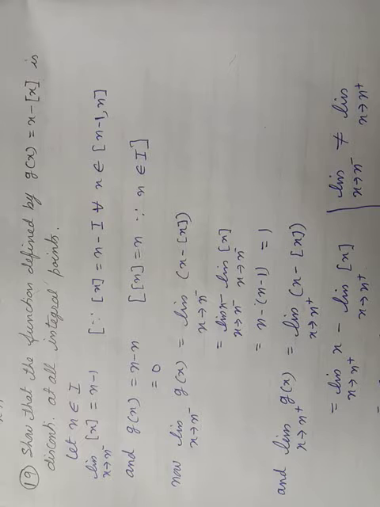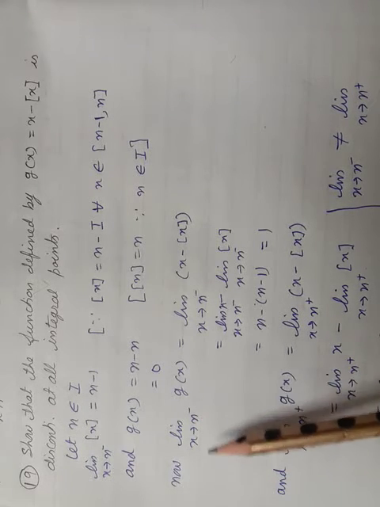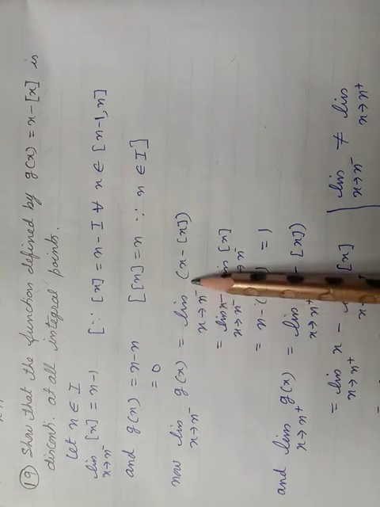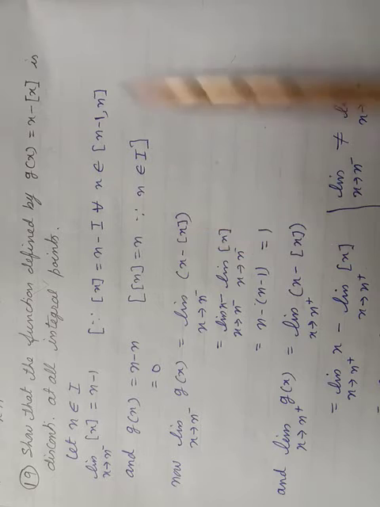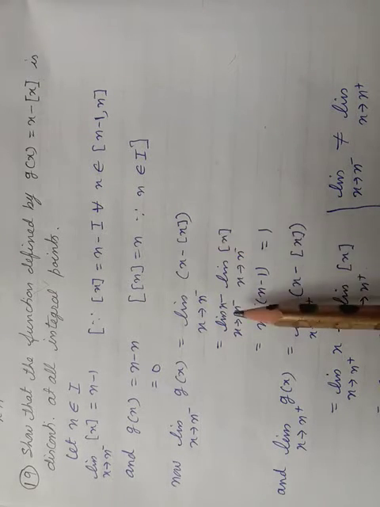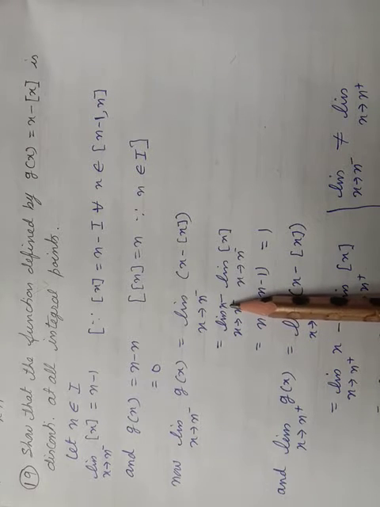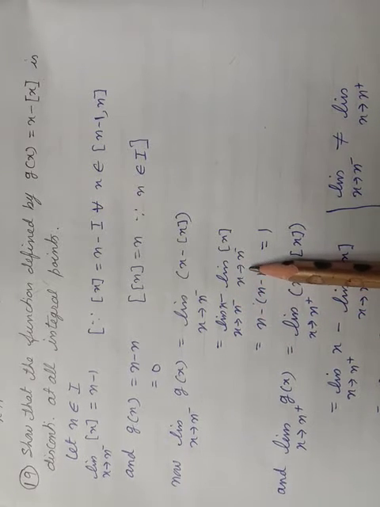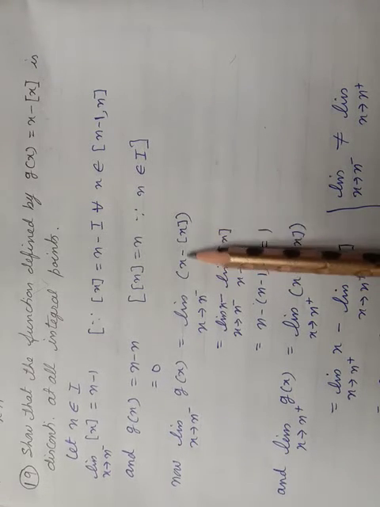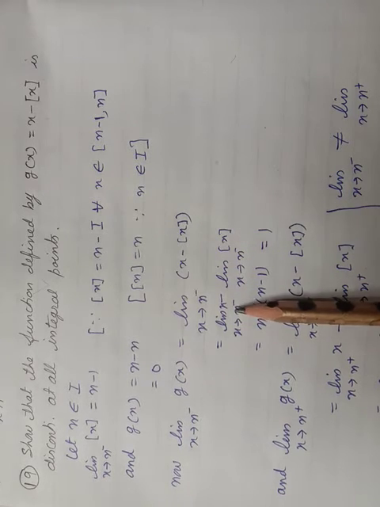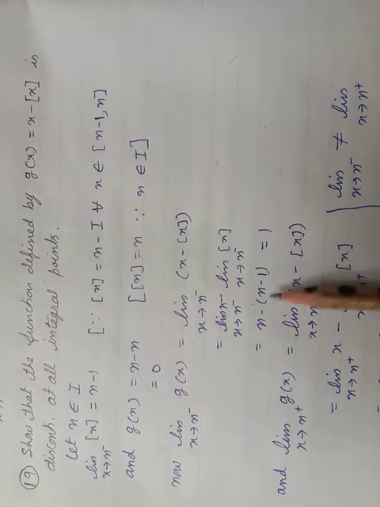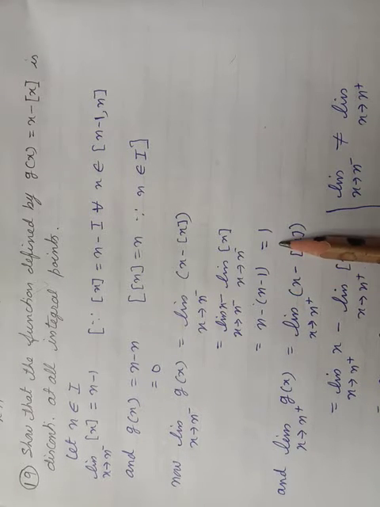Now we are checking the continuity. So x tends to n negative means g(x). We are getting the value of g(x). The g(x) value is limit x minus box x, whatever it is given. Clear? So we can bifurcate it. So limit x tends to n negative of x minus limit x tends to n negative of box x. इसे दो हिस्सों में हमने ब्रेक कर लिया. इसकी वैल्यू भी निकाली थी n, इसकी वैल्यू अभी निकाल चुके हैं यहाँ पर n-1. Open the bracket, and cancel, minus minus plus, it becomes plus 1.